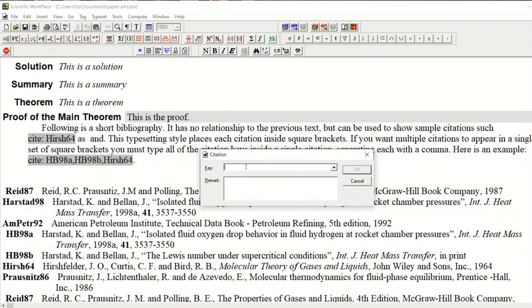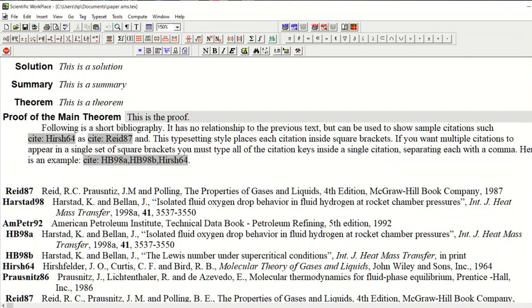So if I want to cite the reference of Reid, I will write here the key of that reference, which is the properties of gases and liquids by Reid RC. So I have written here the key of that reference and then I press OK. So that particular reference has been cited here. Similarly, other references can be cited.